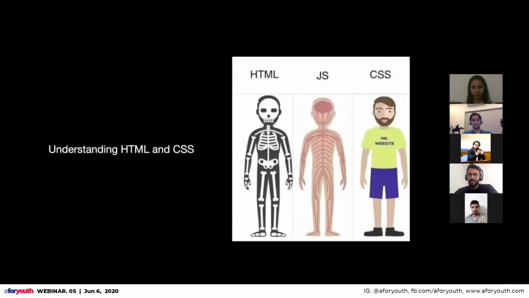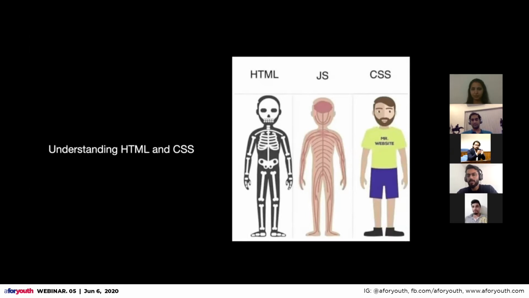So yeah, if we want to understand what is HTML, CSS, and there is another guy as well, which is called JS. It's JavaScript, which is the most difficult part of the three of them. So let's focus on two right now, which is HTML and CSS. As this picture represents, HTML is only the structure of, let's say, a website.